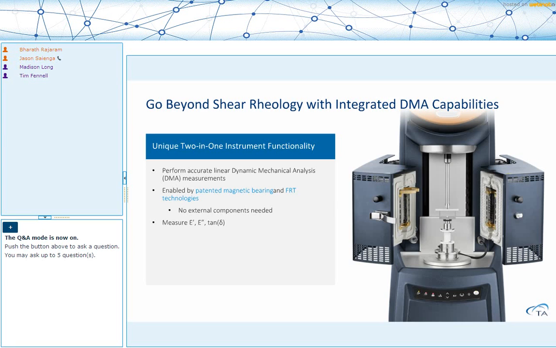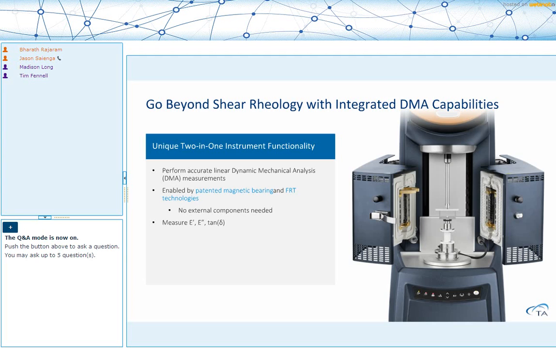So the next question is one of the biggest advantages of the Discovery Hybrid Rheometer: it allows you to go beyond traditional shear rheology, because it also offers integrated DMA enabled by one magnetic bearing technology that we spoke about earlier, and FRT, or force rebalance